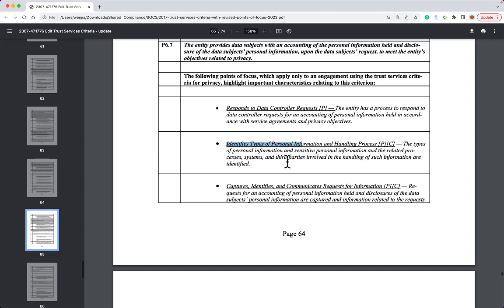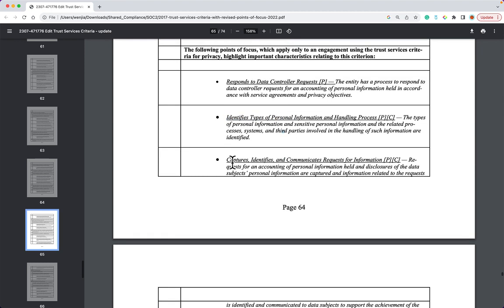Identify type of personal info and handling process. Capture, identify, and communicate request for information. So data controller requests for uncontained personal information held in accordance with service agreement and privacy. So you've got to have some measures prepared to handle the request, to respond, and